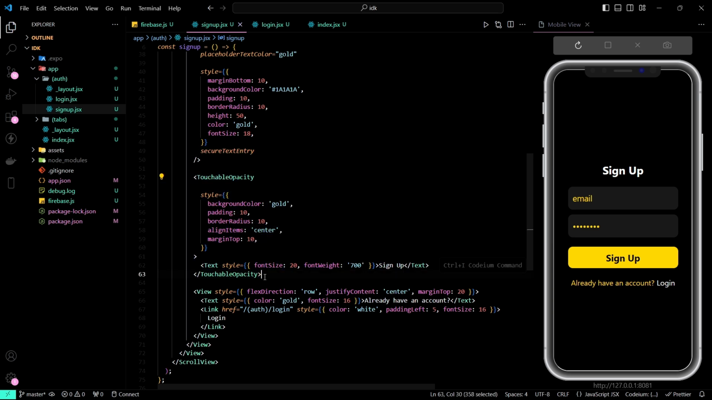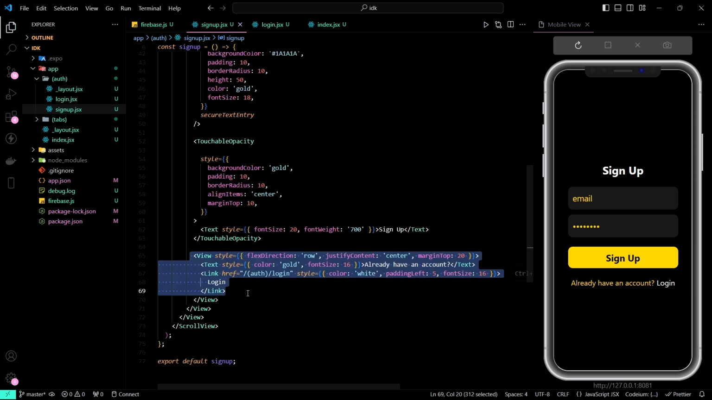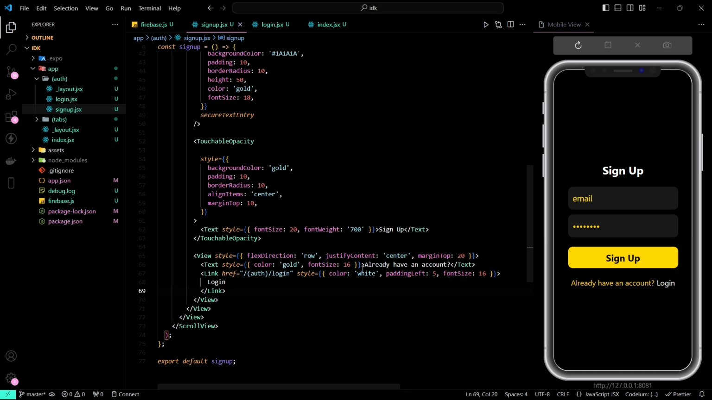One button says sign up. Use the link here. You can use it like this or you can use buttons. It's your wish. Now